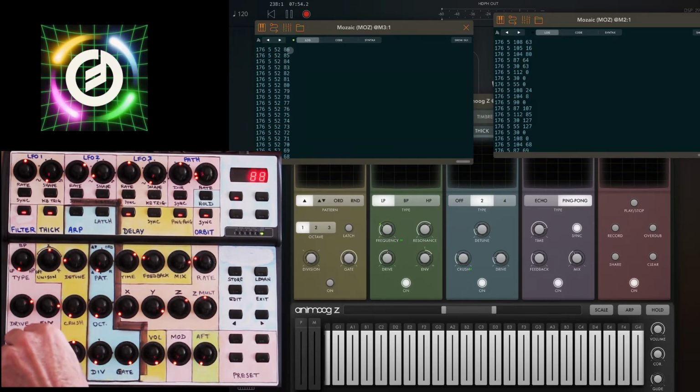If I crank it up, you can see we're getting incremental messages all the way to 127 maximum. If I turn it to minimum, down to minimum. Conversely, if we go into Animoog and tweak the resonance knob, which I'm doing down here,